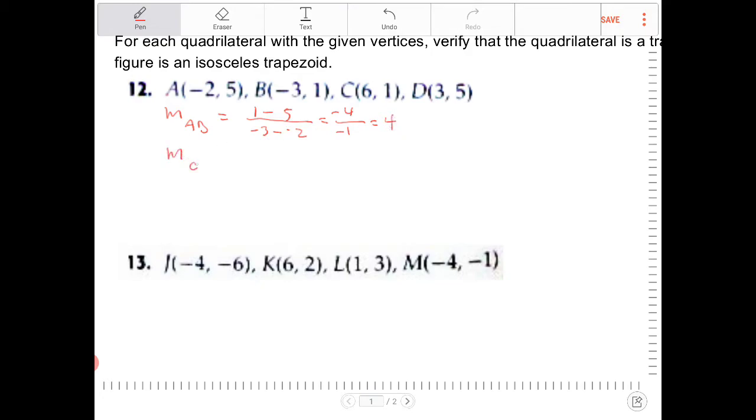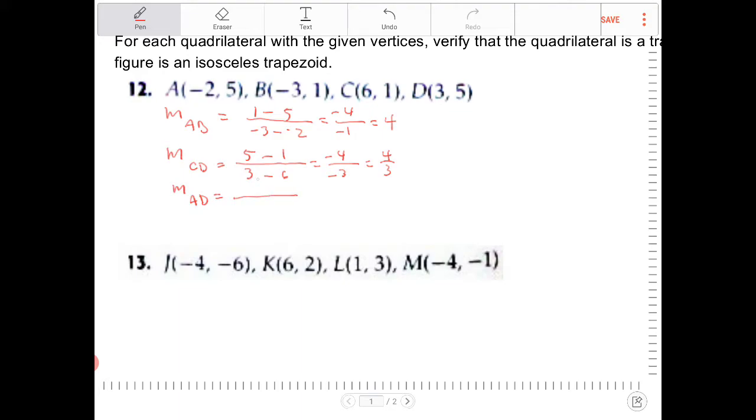I'm going to find the slope of CD. 5 minus 1 over 3 minus 6, and that is negative 4 over negative 3, and that's the slope of 4/3. And then, so they are not parallel, so I want to try to find the other two slopes now, the other two sides. So slope of AD